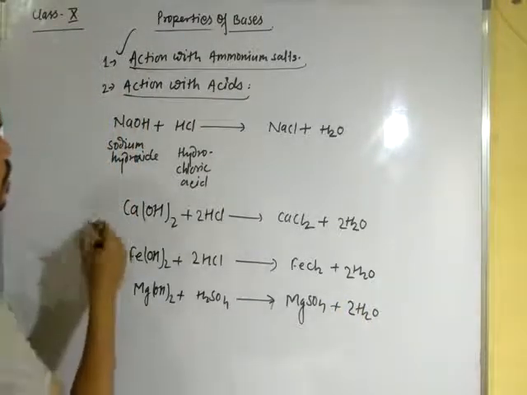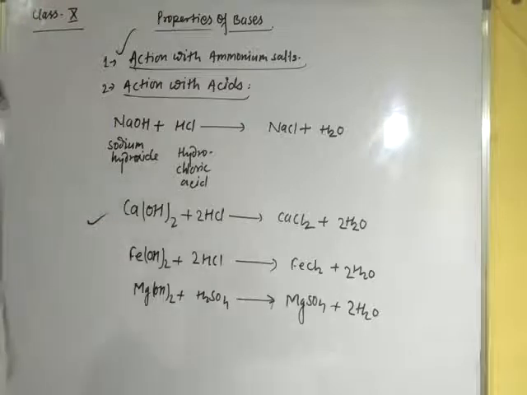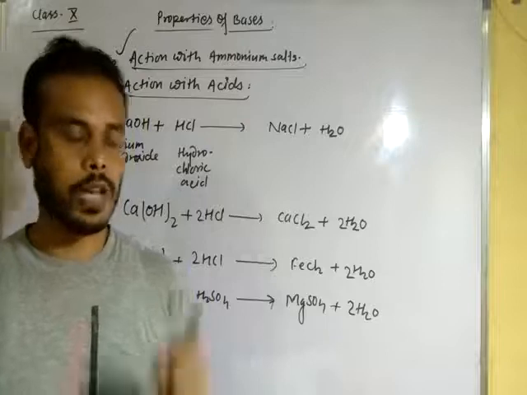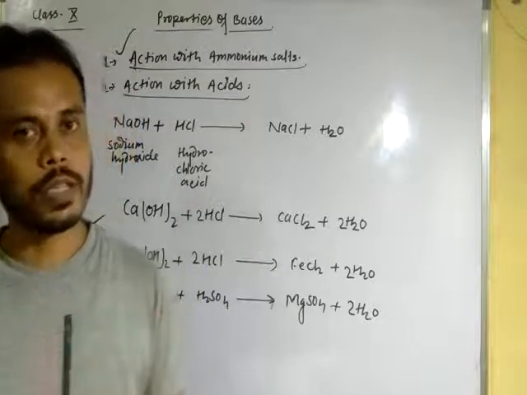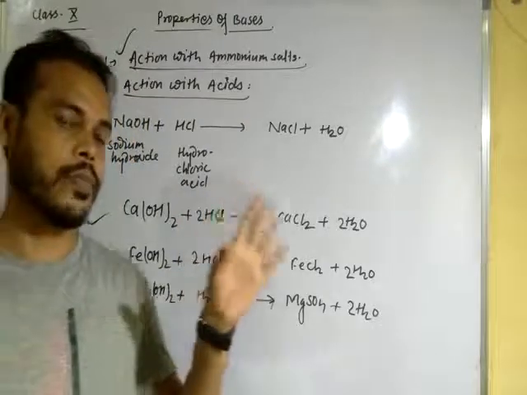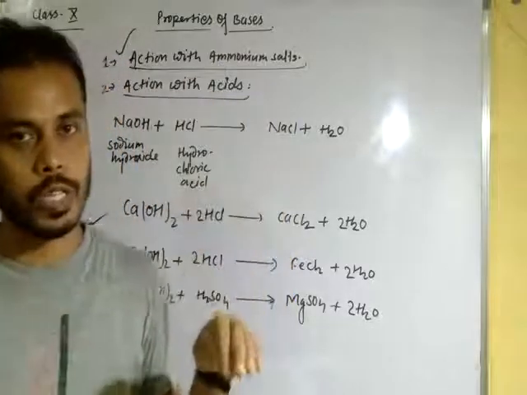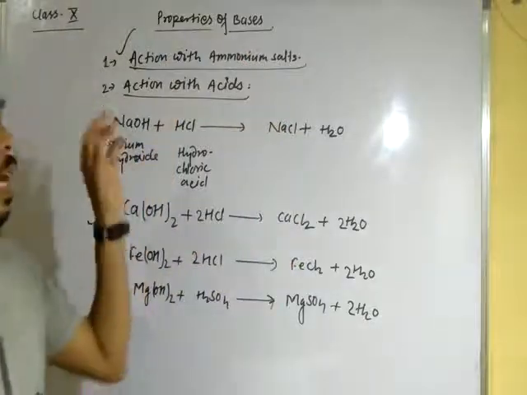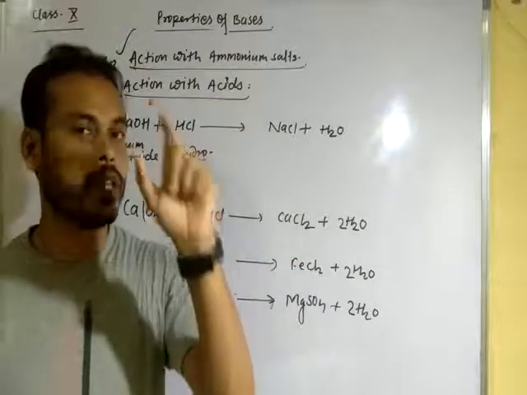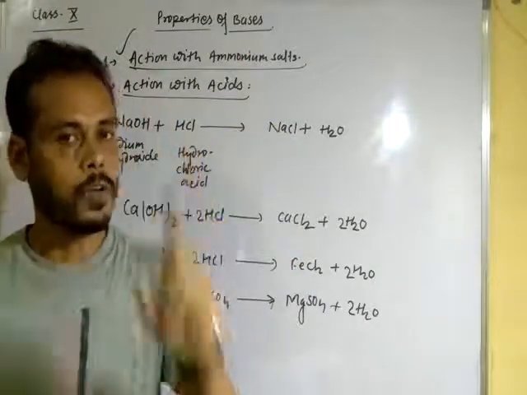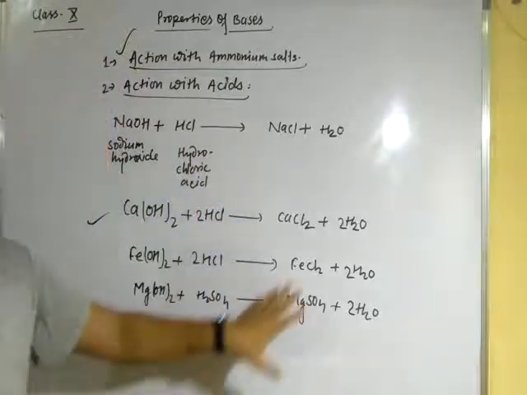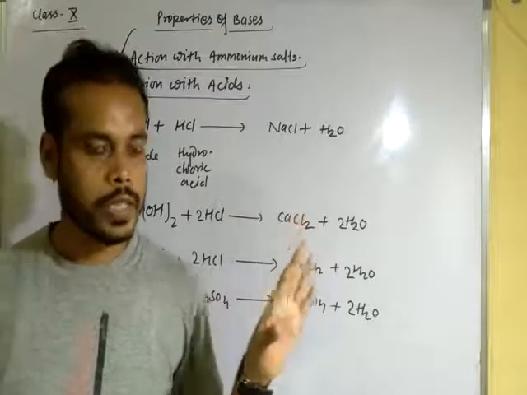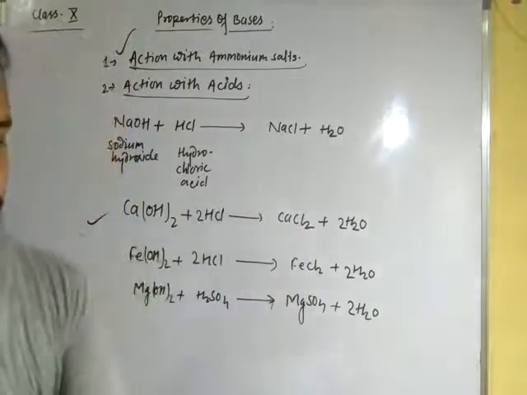Okay, dear student. So when acid reacts with base or base reacts with acid, it always forms salt and water, and this is called a neutralization reaction. We discussed this in the chemical properties of acid also, when acid reacts with base. But here we are saying that when base reacts with acid to form salt and water, you can write the reactions the same way, and this is called a neutralization reaction.